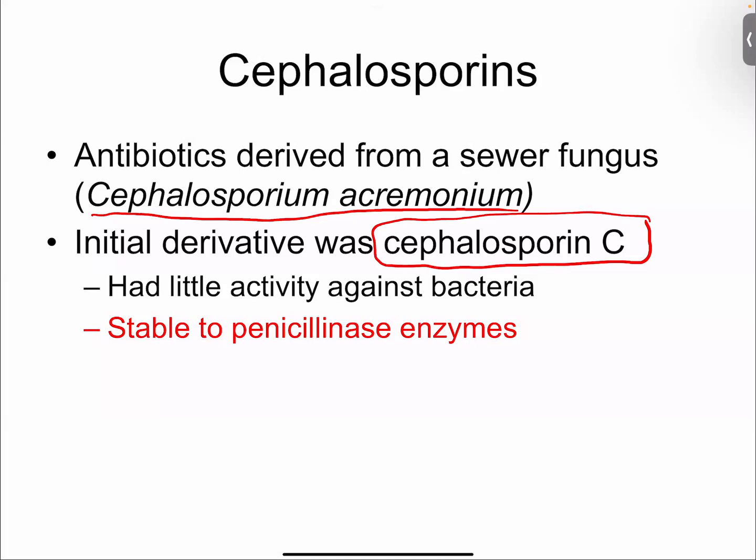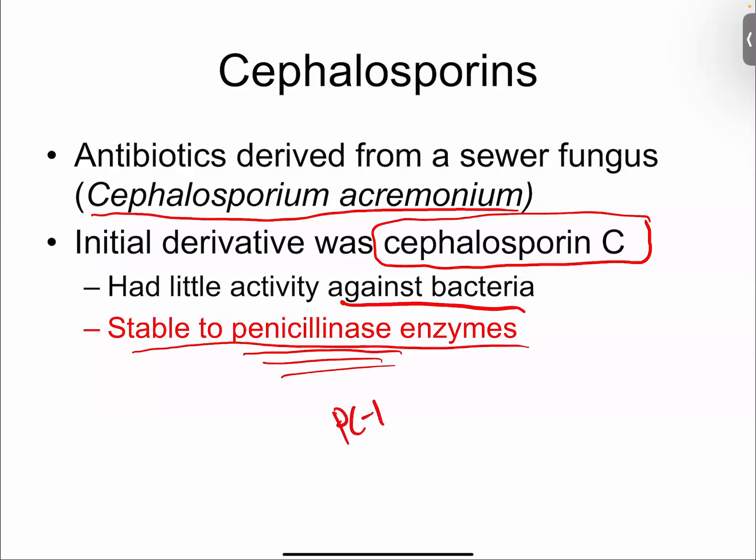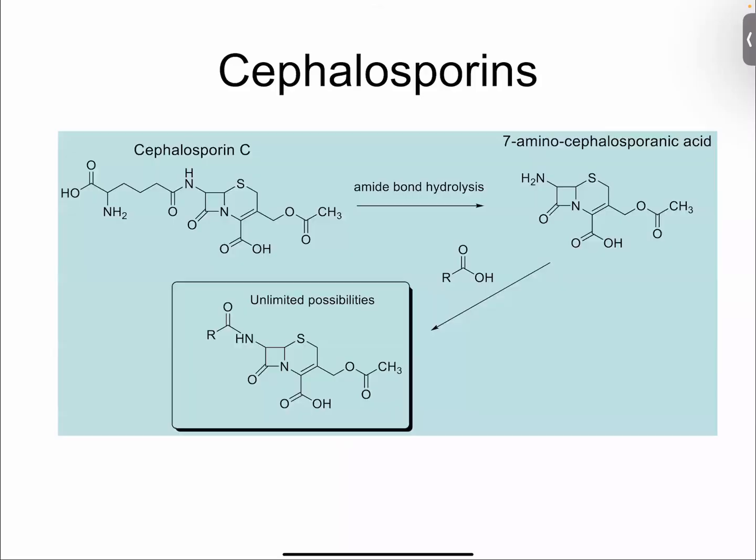It itself had weak activity, but what was interesting is that cephalosporin C all of a sudden displayed some stability in the presence of penicillinases. So PC1 had a very difficult time hydrolyzing this weakly active cephalosporin. Why might that be? Well, here's the structure of cephalosporin C. And what you're going to notice